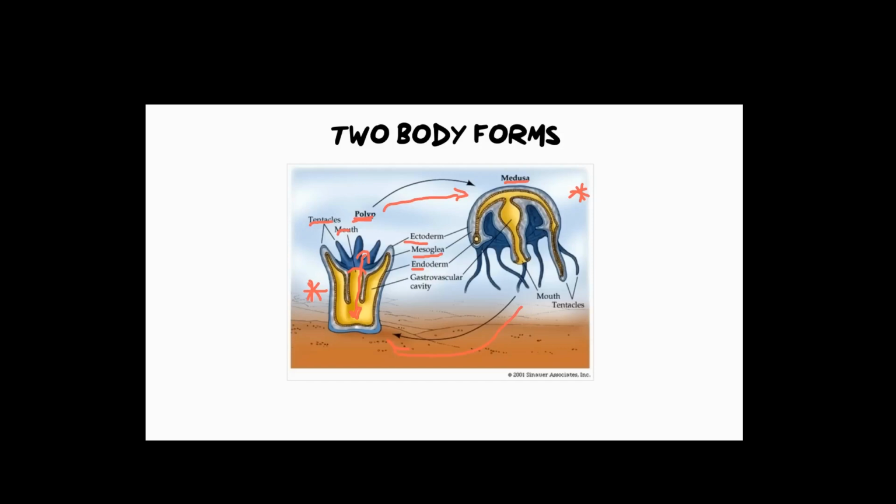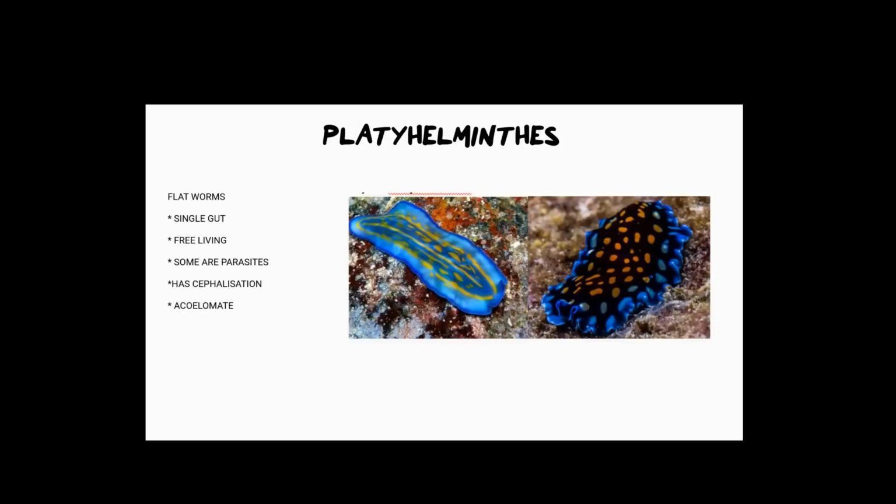This is the non-living layer. The mesoglea is a jelly-like layer that's filled with a gel, and it keeps the body shape of our Cnidarians in place and gives them structure. The next phylum is